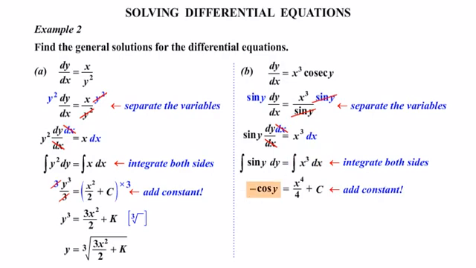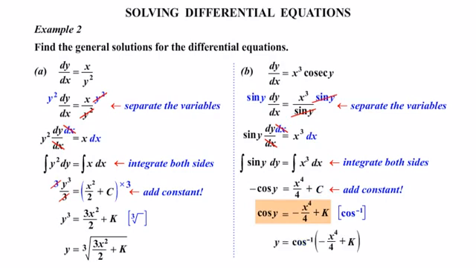Now we've got a negative cos here. If we times both sides of the equation by -1, that'll change that to a positive cos. This here will become negative x to the 4 on 4. Now our plus c, well that'll become a negative constant. Once again, we don't know the value of our constant, so we'll just write it as plus k once again. So to make y the subject of our equation here, we need to get rid of the cos. So we're going to take cos to the -1 of both sides. So that gives us y is equal to cos to the -1 of negative x to the 4 on 4